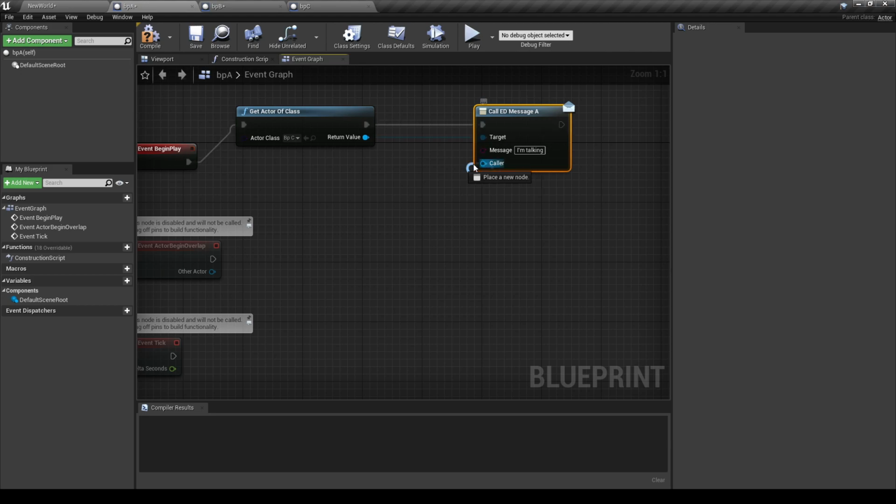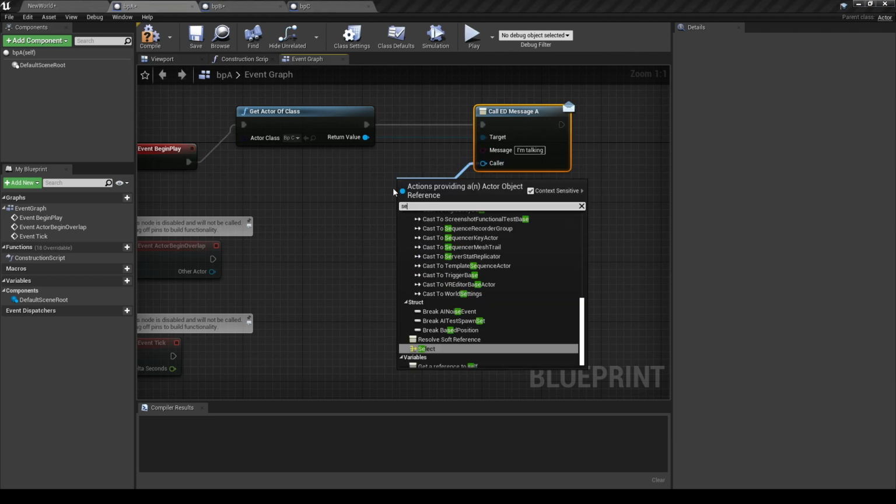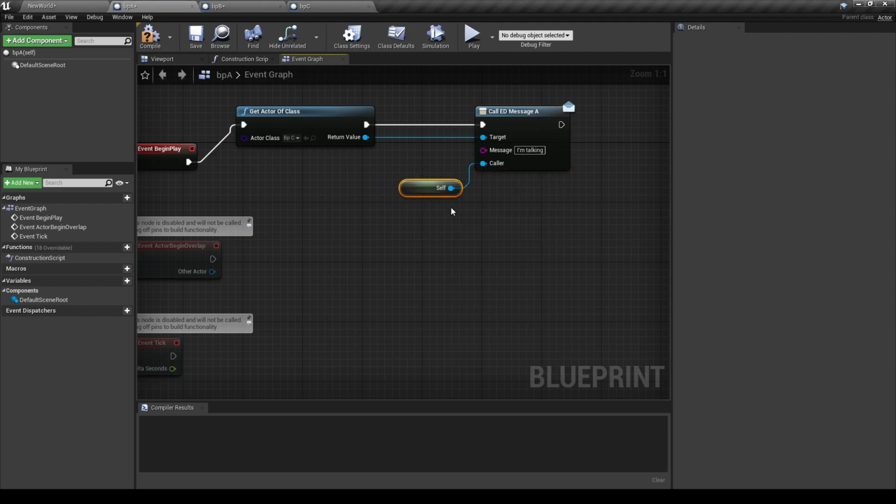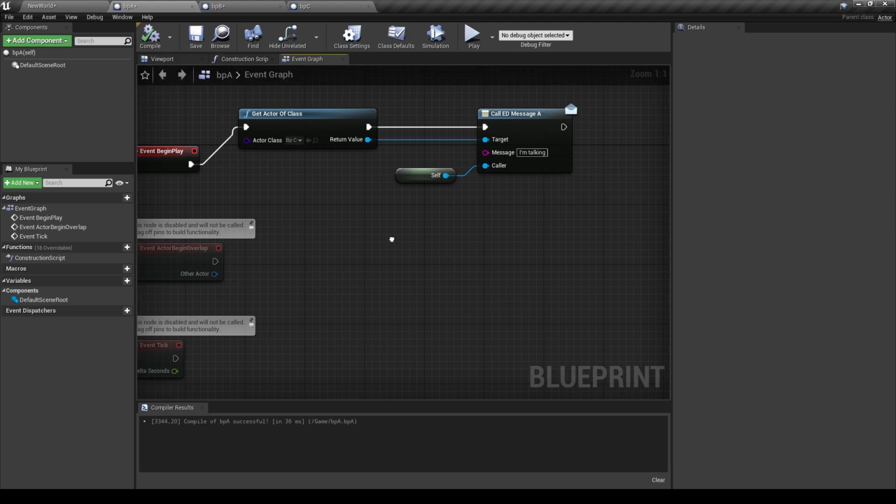And for the caller, I will just pass a reference to self. At this stage, blueprint A is finished.